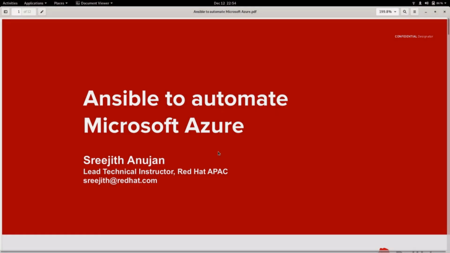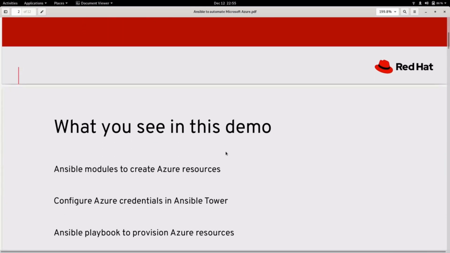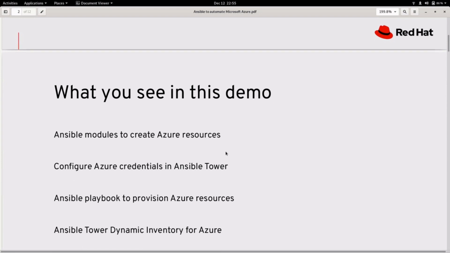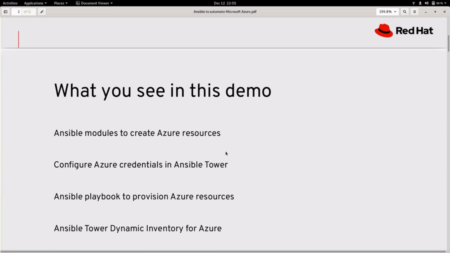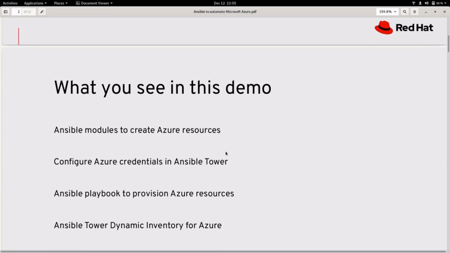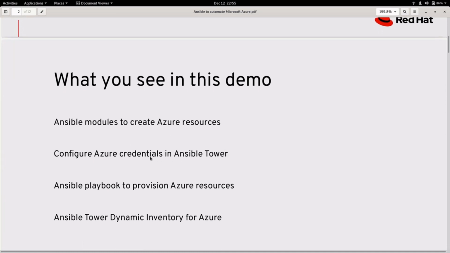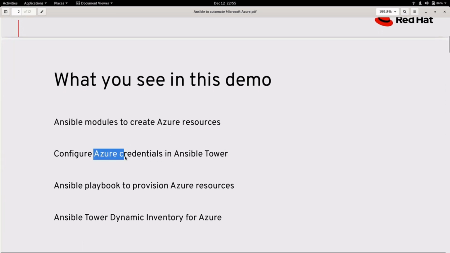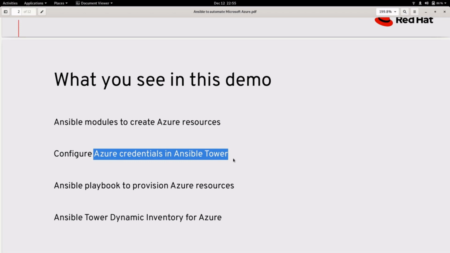In this demonstration, you will see how you can use Ansible and Ansible Tower to automate Microsoft Azure resources. To start with, we will check the different Ansible modules which will help us create the Azure resources. We will see how to configure Azure credentials within Ansible Tower.